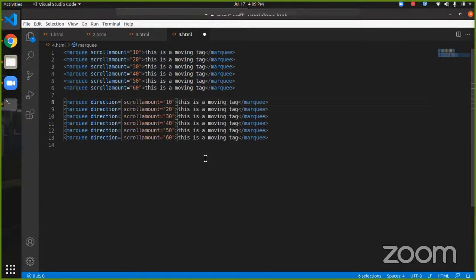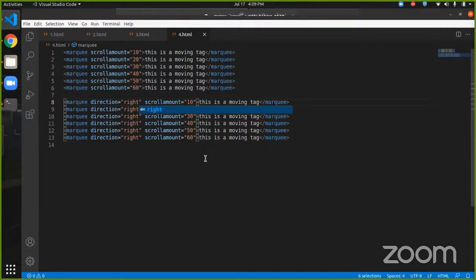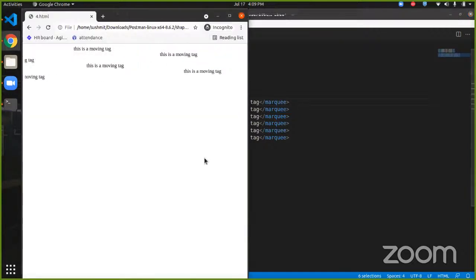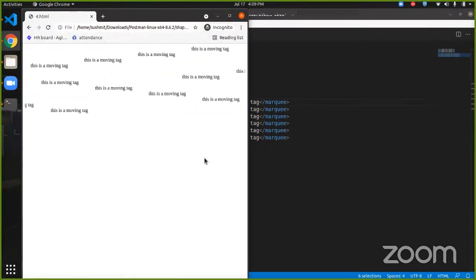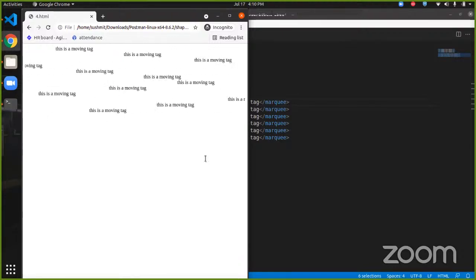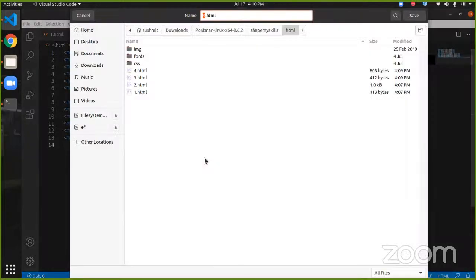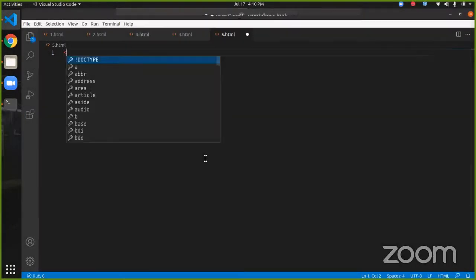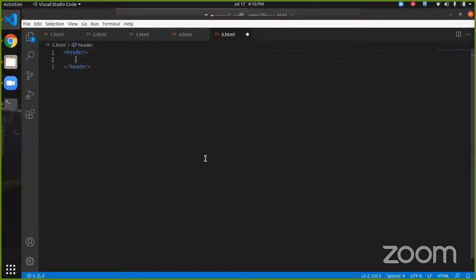So direction is like where it's going to go, not from where it's going to come. So as you can see, this is from left and right side. Right? Now we would create another file, 5.html, where we would have a header tag, like this is our top